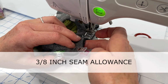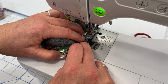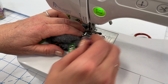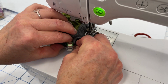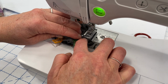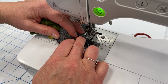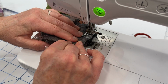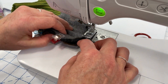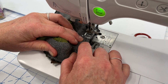I've set my sewing machine still on a straight stitch with a 3/8 inch seam allowance. I like to start on one of the sides and just start sewing, back stitching of course at the beginning, and removing your pins and your clips and lining up your edges as you sew. Just take your time to go around the corners. You are sewing several layers together and several different stretches of fabric, so just ease things in as you sew. When you get back to where you started, back stitch,